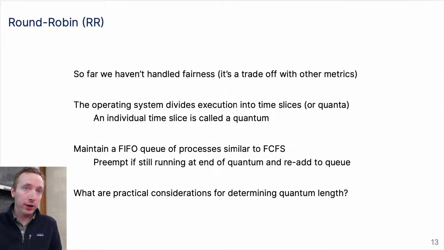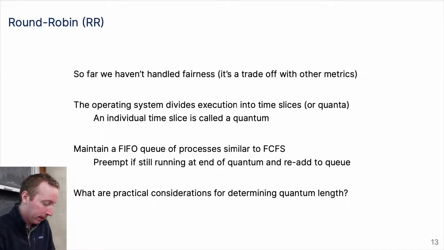But all you do is maintain a FIFO queue similar to first come, first serve. And you just circle back in the queue again and again and just serve them in order. But instead of running everything to completion, you just give everything a time slice and try to be fair by divvying it up between all the different processes. So given your time slice, you give a process a time slice, let it execute for that time slice. If it finishes, great. If it doesn't finish, you just re-add it to the end of the queue when it's done.